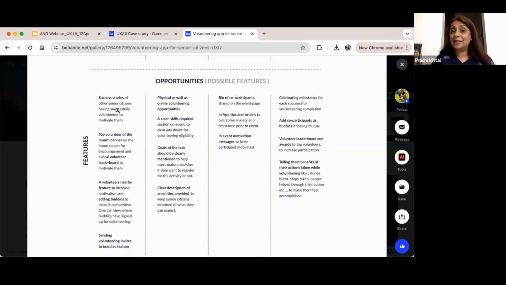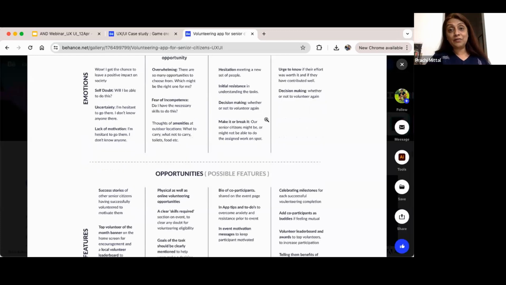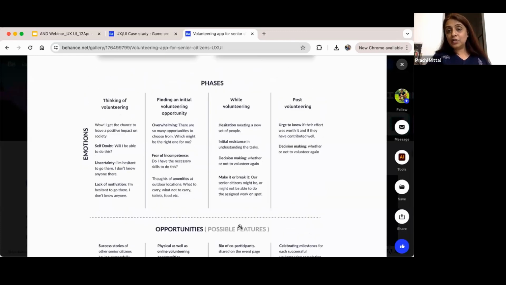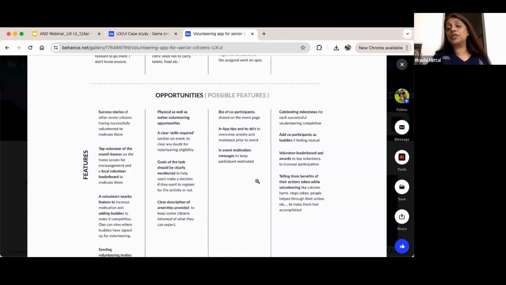So he realized that some success stories need to be talked about. He needs to give opportunities for both physical work as well as online volunteering, so in person as well as online, because you want to create a sense of community. Each of these is related to different phases of their journey, right? Celebrating milestones, how to create the sense of community,